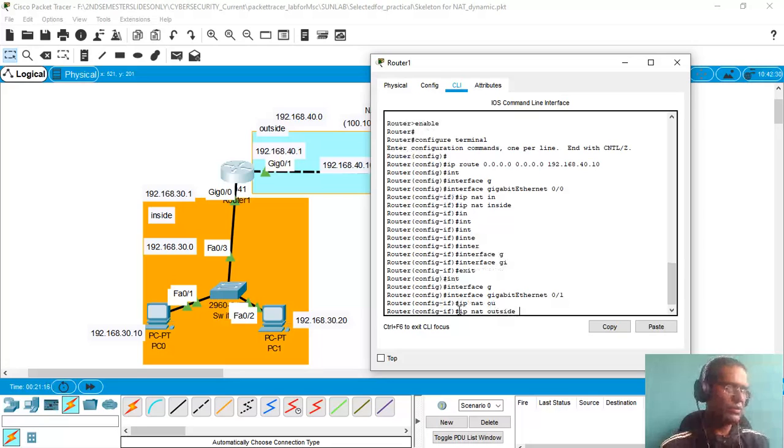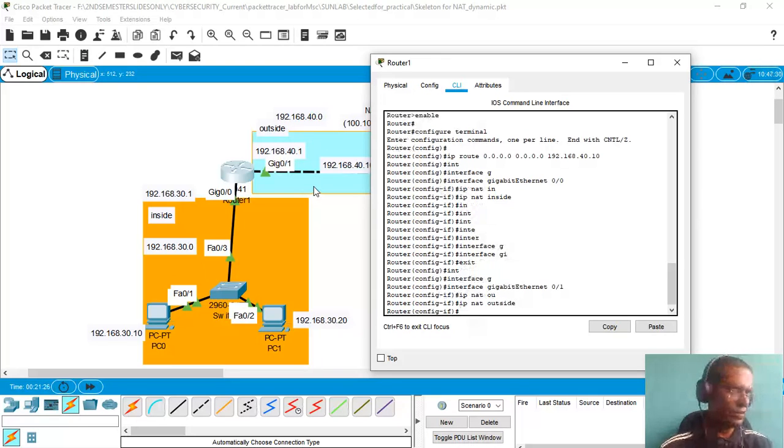So this gigabit 0/1 will be considered as the interface for the outside network. Let me finish that one.